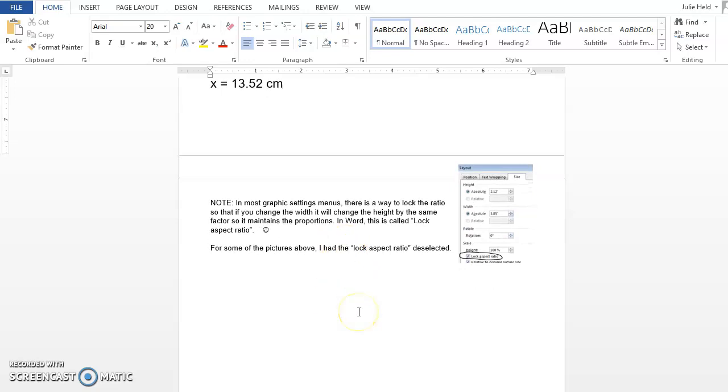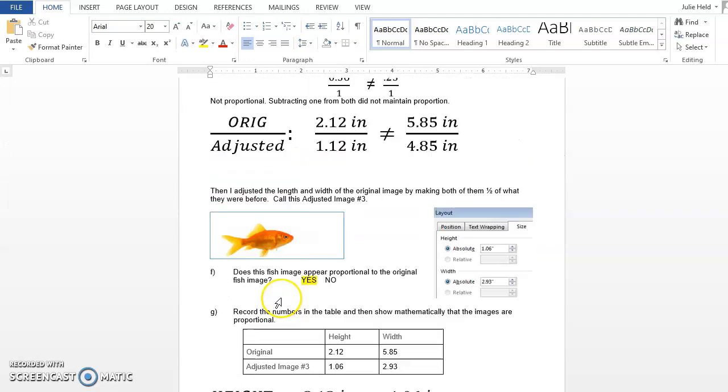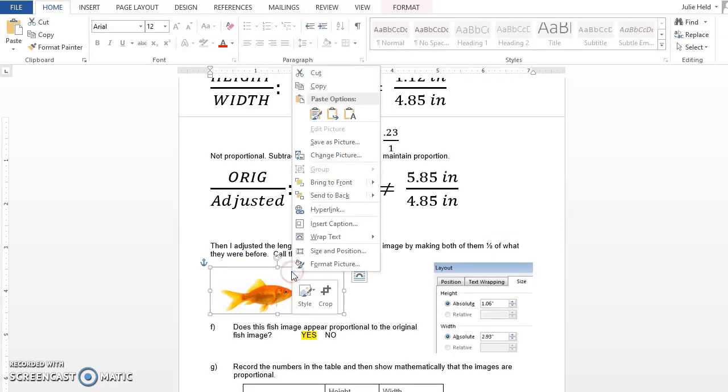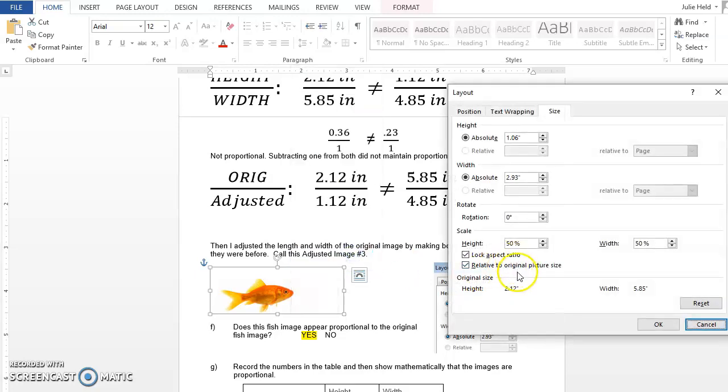Now, just as a final thought, we're about out of time on this video. When I have a fish, I can actually hit the aspect ratio. This is just a trick in case you are doing some work with things. And so if I want to change